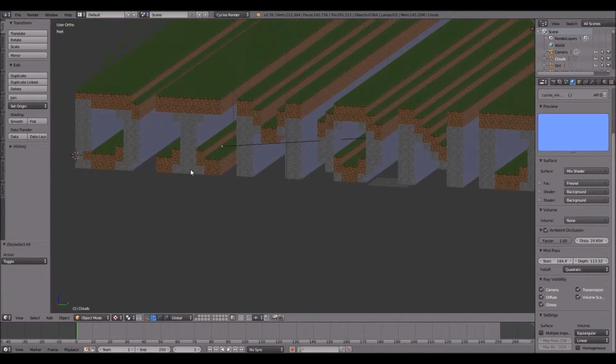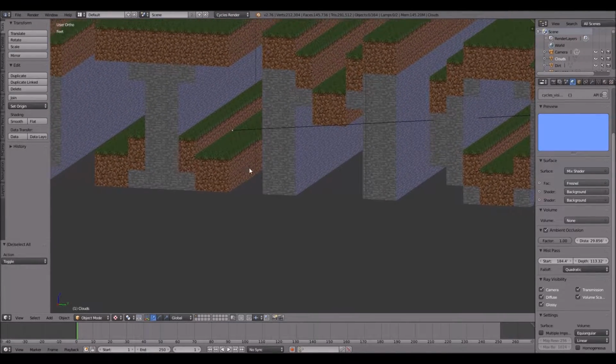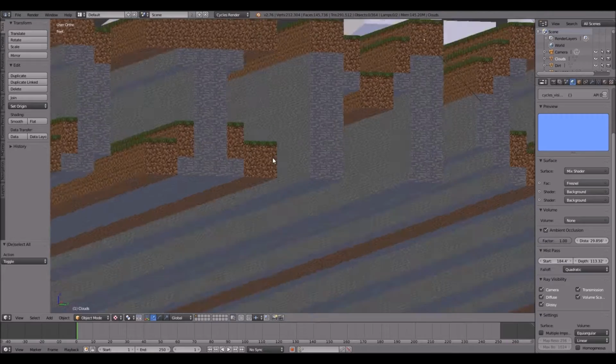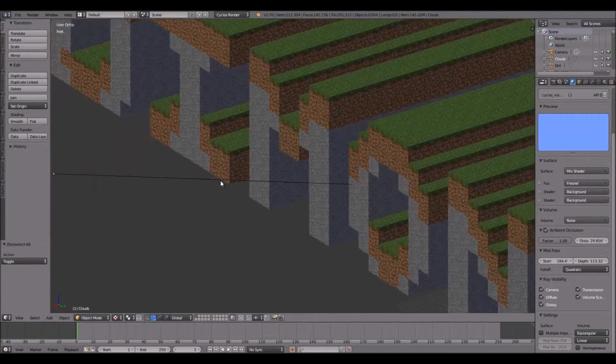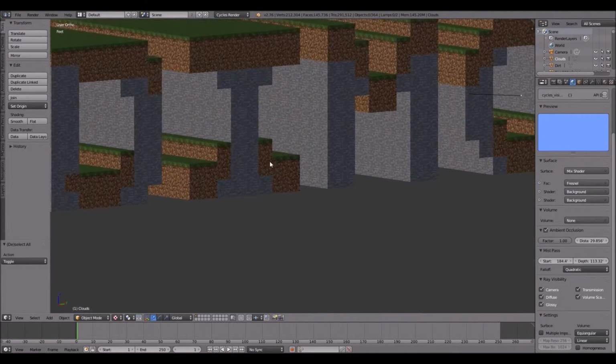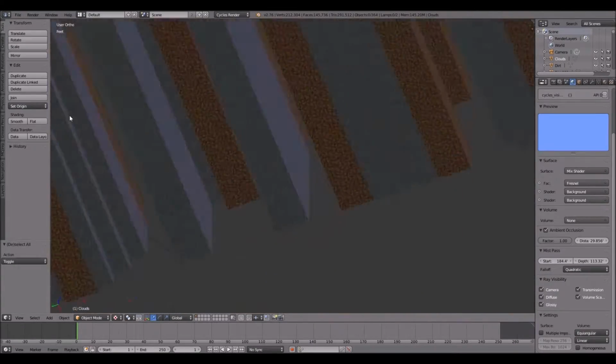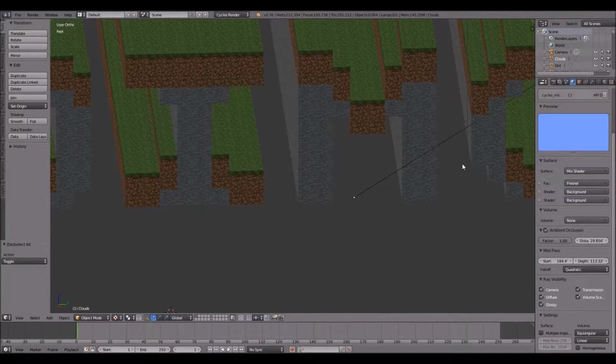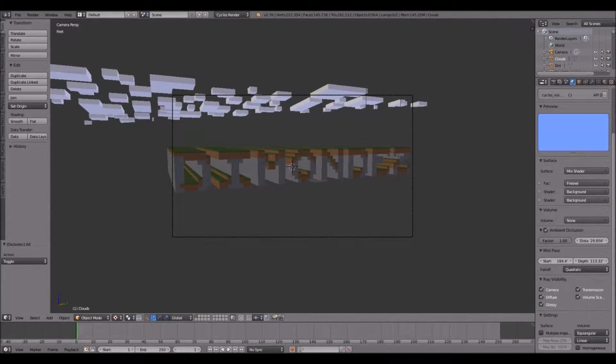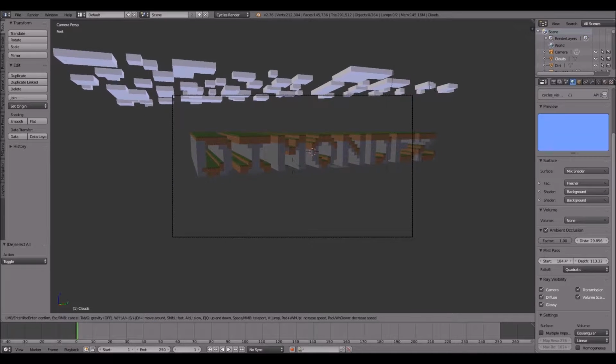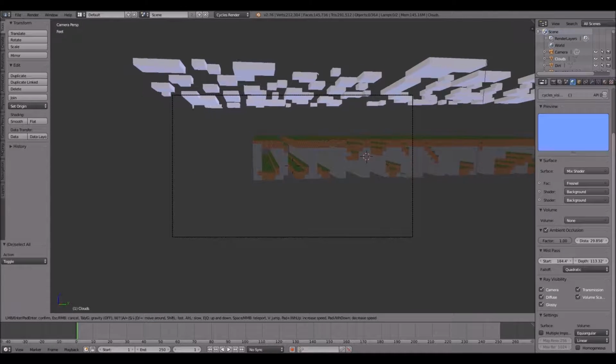So anyway, today I'm going to add the basic characters and animate them and everything to make it look really cool. Oh, this is really trippy. Anyway, I'm going to go to camera view so I can move about and then do shift F and move about. So first of all I need to